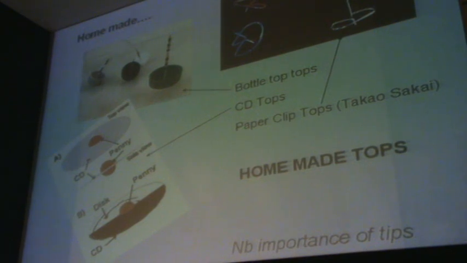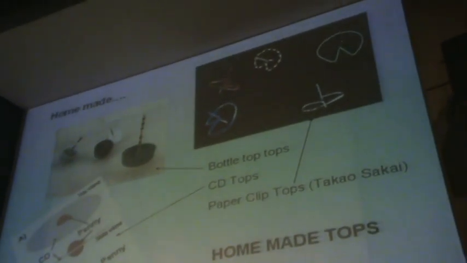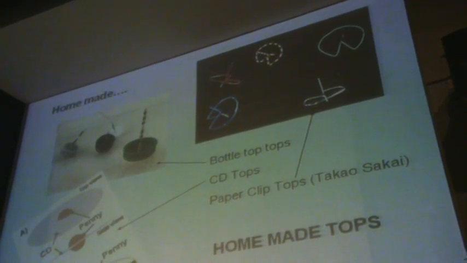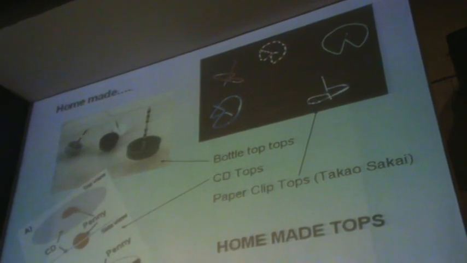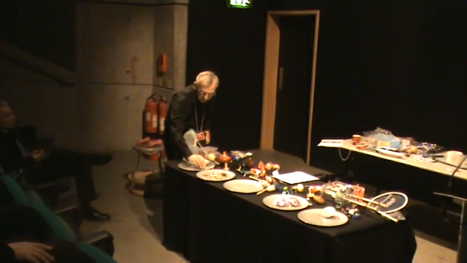And these ones, Takeo Saki, I think is a Japanese gentleman, and he researched this in great detail and proved and reckoned that if you could make the angle about 1 radian that you leave gap in the paperclip, you could bend the paperclip and make it into a top, something like that. And that's just a piece of copper wire. They're quite difficult to spin,